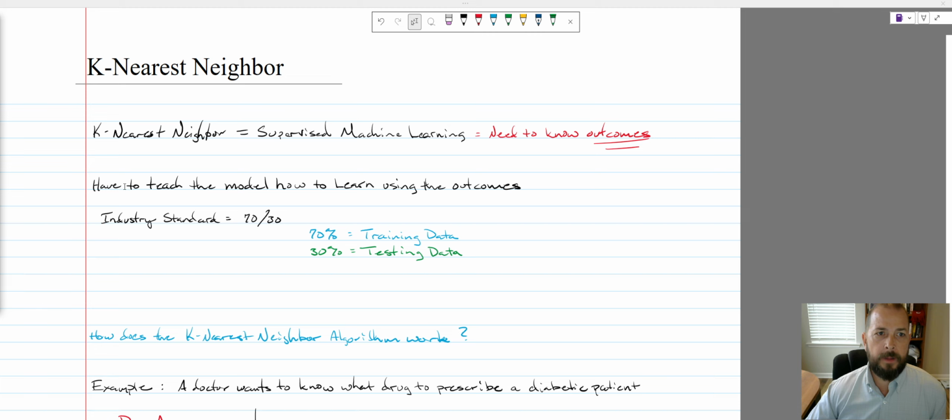K-nearest neighbor. And what I've done here is I've put some notes together for you guys that are based on the PowerPoint presentation that you can find up on Blackboard. I've gone through that PowerPoint presentation. This is chapter 12 from our Data Mining and Predictive Analytics textbook. And I've gone through and just highlighted some of the big things, filled in some gaps that I want you guys to understand, and really highlighted the big points that I want you guys to get away from this particular